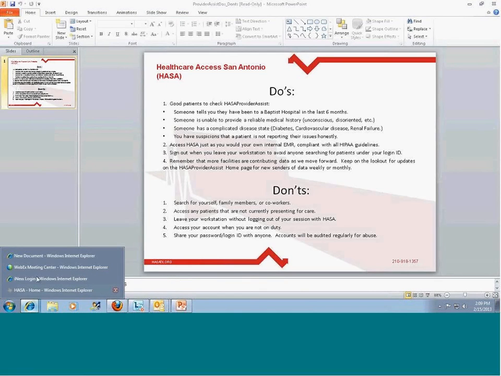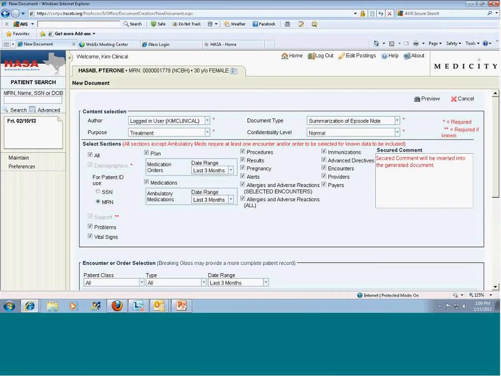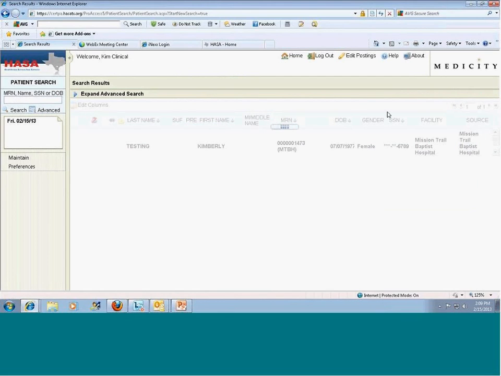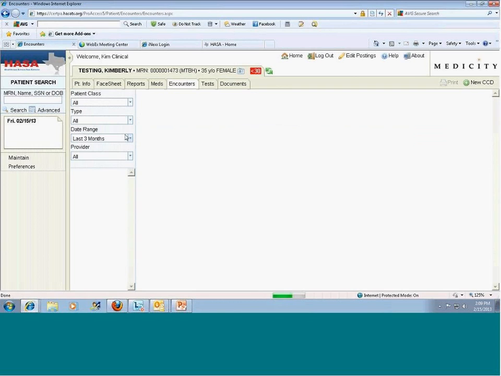I'm going to quickly go back into the Provider Assist and show one last use case, especially for an ED physician. And I'm going to search for a different patient called Kimberly Testing. And the reason I want to show this is because for ED physicians, I know a concern has been patients